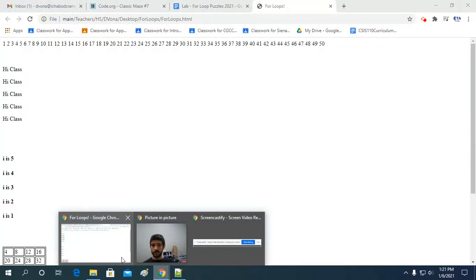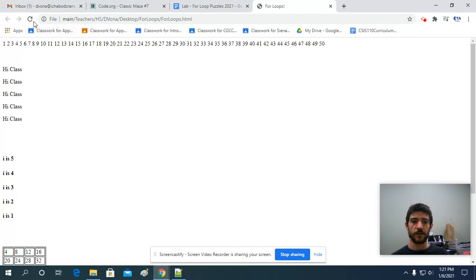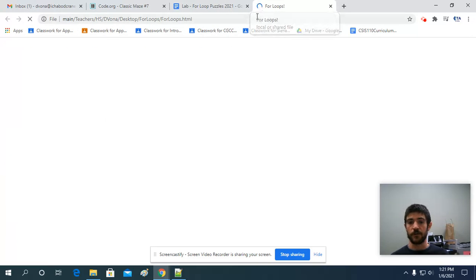Now, what happens if you create an infinite loop? So if I refresh this page, you're going to see that it didn't refresh. And now, well, now it refreshed. But this little icon here just keeps spinning. And it keeps spinning because it's stuck in an infinite loop. It's just going to keep running and running, and it's never going to end because